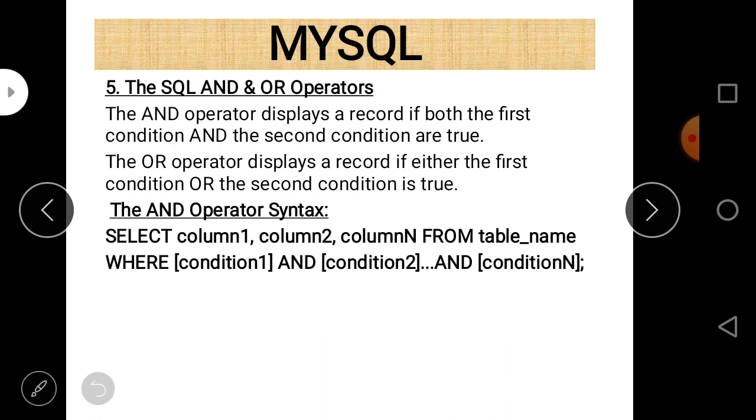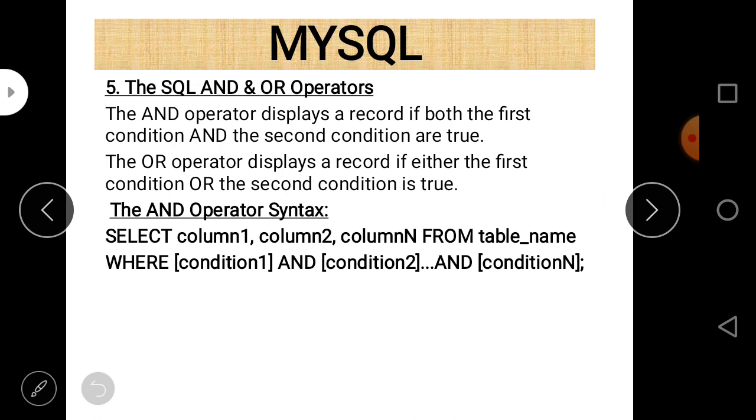And second is the insert into command. Using the insert into command, you are able to insert the data into a particular table using 3 different ways, as we discussed in this lecture. And third is the select command, select with where clause. So you can select the entire data or select the data on the basis of some conditions also. If you want to select the data on the basis of some conditions, then use the where clause, and without a condition you can use only the select statement.